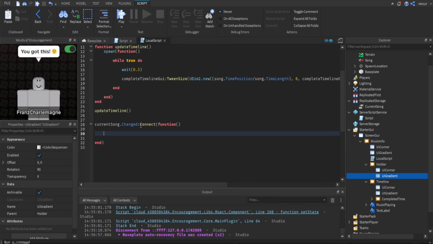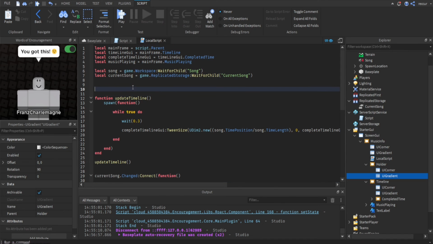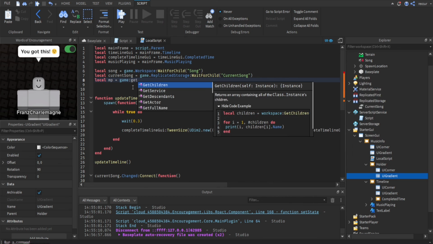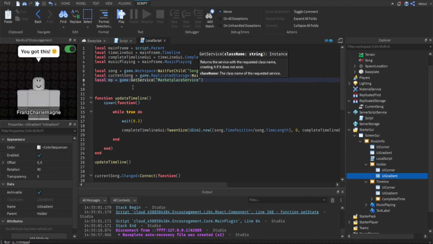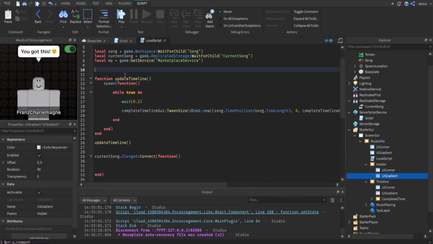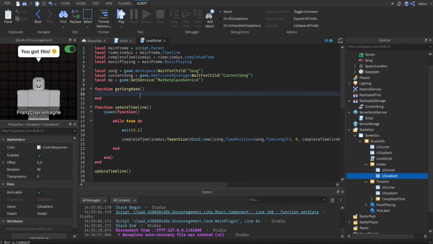So first of all, let's actually make a function. And we also need the marketplace. So mp equals game get service, marketplace service. Okay, so function get song name. So current song.value. Actually, let's see. So music playing, this is the text we want to manipulate. So what we can do is music playing.text equals